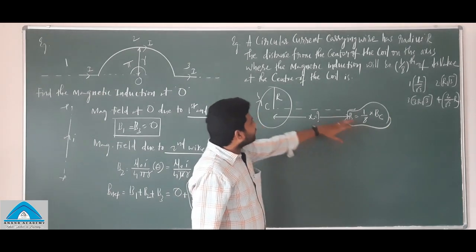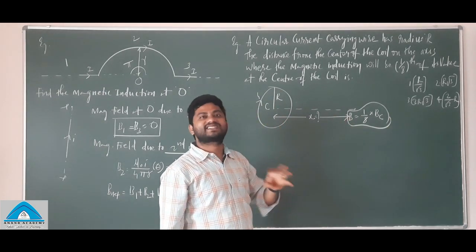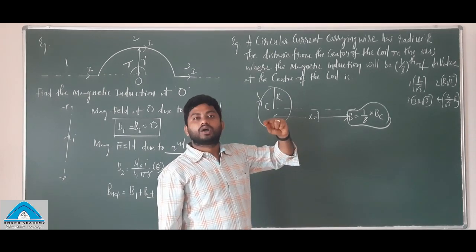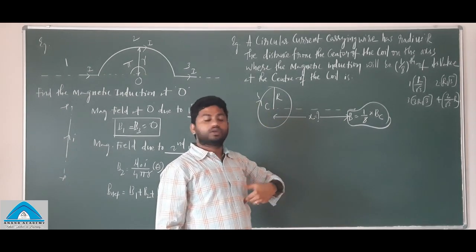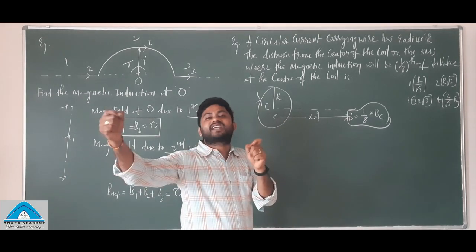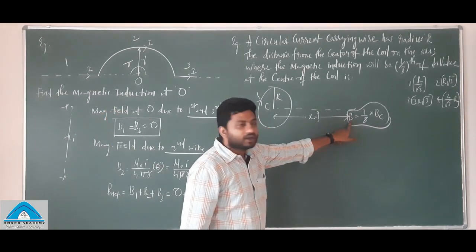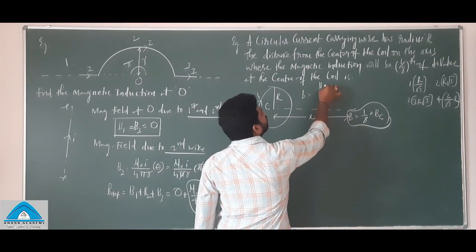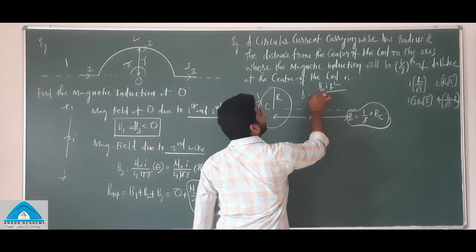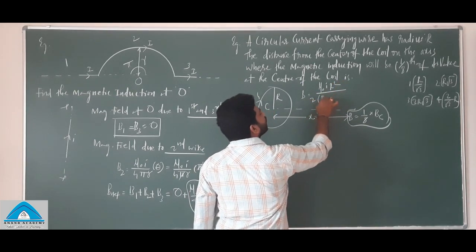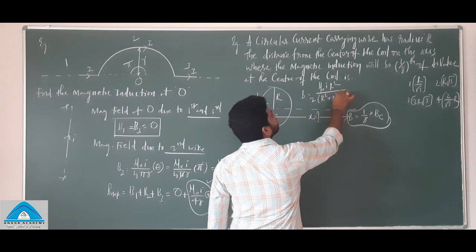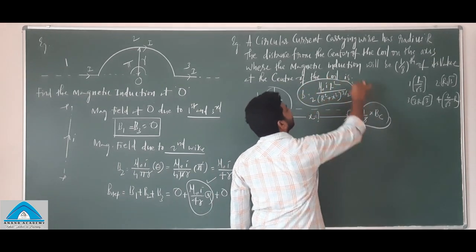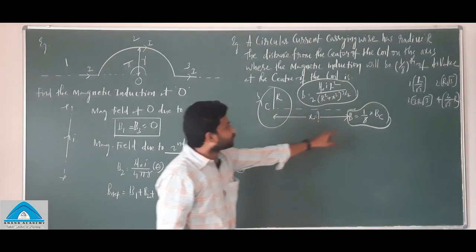So why am I telling you it is the main point? Because this is the case, we have already discussed the formula: magnetic field due to a circular coil not at the center, at some distance on its axis. That's B. What is the B? Writing here, B is equal to mu naught I r square divided by 2 into r square plus x square whole to the power 3 by 2. I hope you could recollect this. So that is this B.